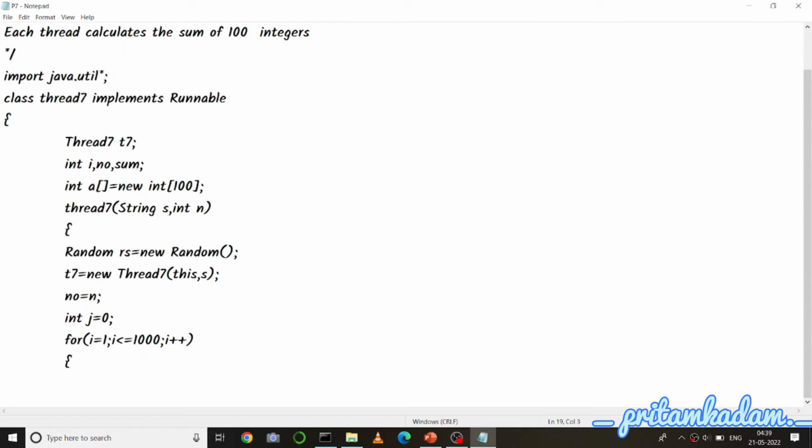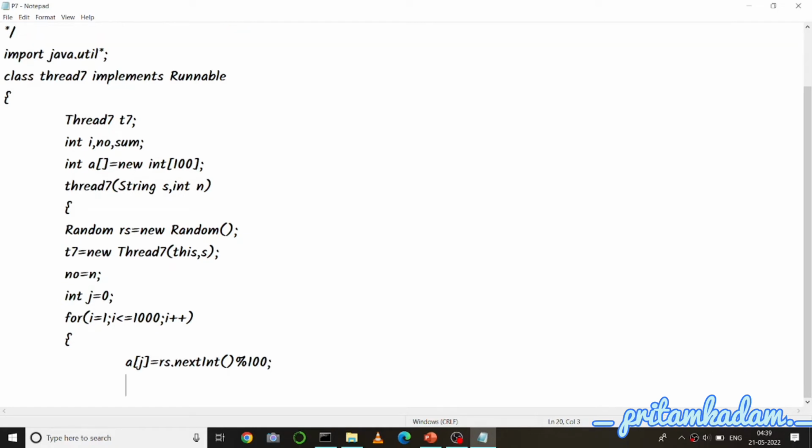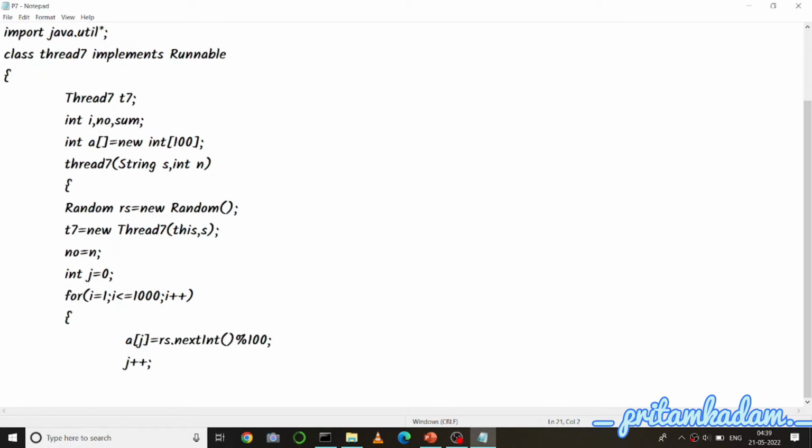So let us just write a of j equals rs, that is the Random object, dot nextInt, and then modulo 100, so that it won't exceed the number of elements as 100. So nextInt, then brackets as it is a method, and then modulo 100 semicolon, and then I will just do j plus plus. Okay, now we have to close the for,